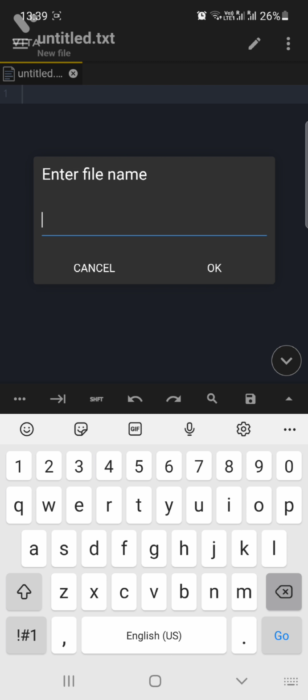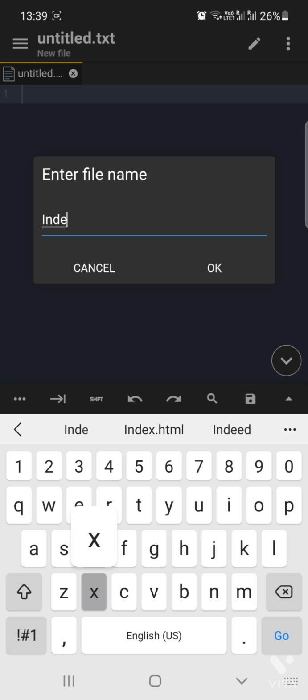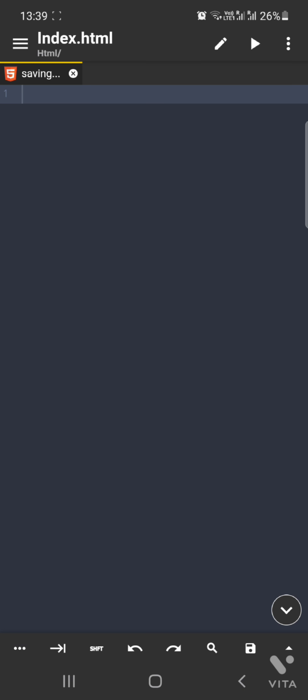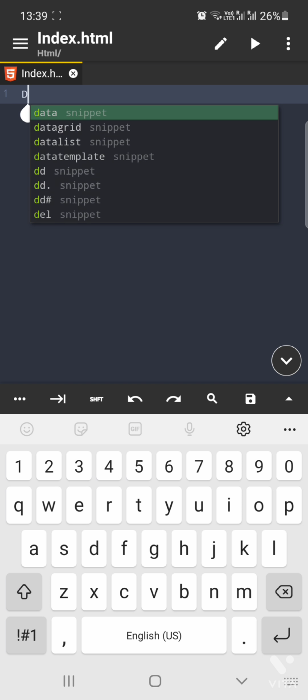Rename it to index. One second. Index.html. Index I will always be capital. Click on OK. Next you have to write doc type